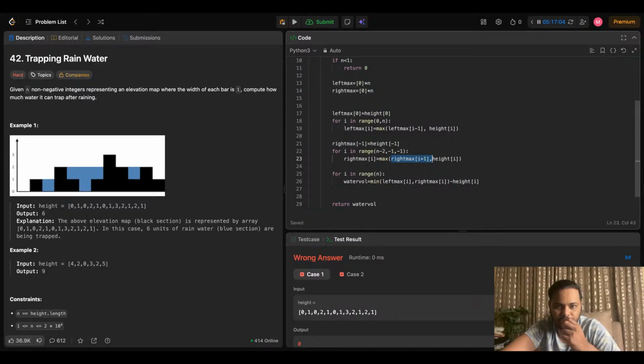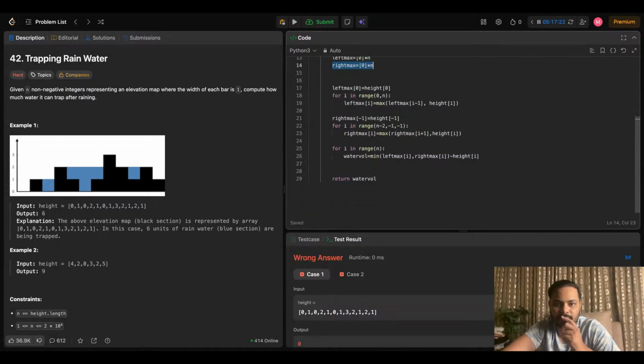Okay, height of I is this n minus 2, this one. This will compare with this, and it will find out the max value. So max value here becomes 2. So this 2 gets stored here, right? 2 gets stored here. In this way we are getting the values, but now we will take the minimum of left max of I, right max of I, and